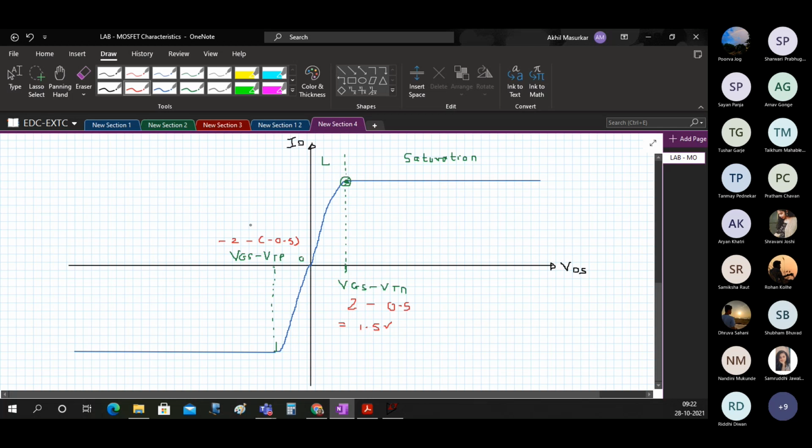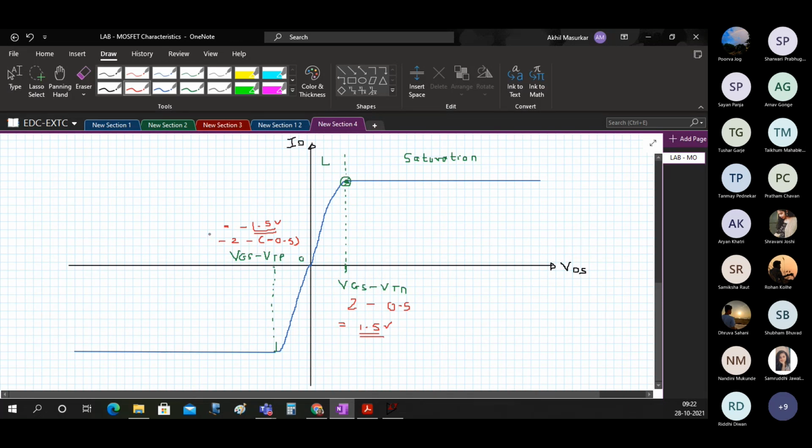So minus minus all this would become plus, and here this value would be like minus 1.5. So that is the small change there. Okay.